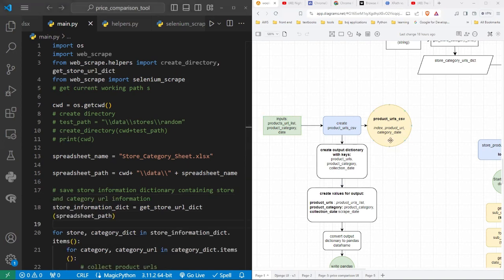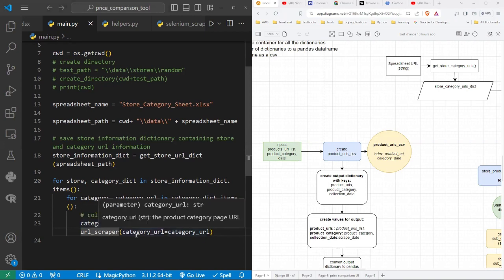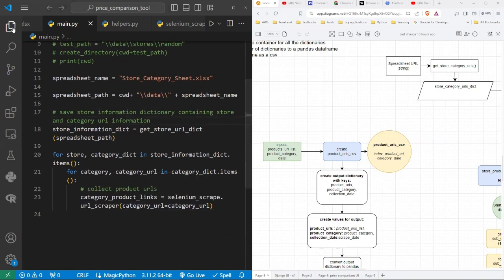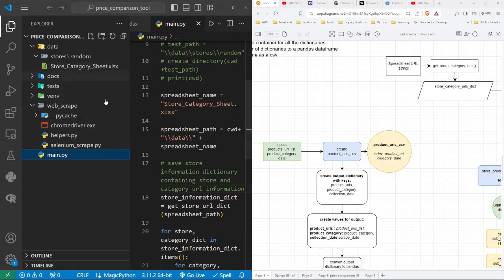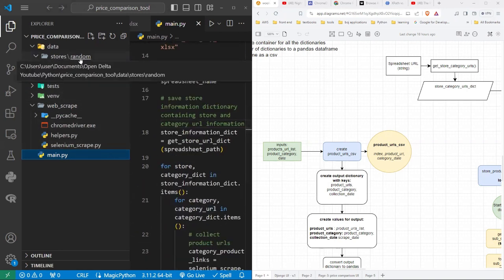Great. So where we left off was the scraper, right? We used the Selenium scraping function that we created to get all the product URLs. I showed you a demonstration of how it works. So now we're going to continue building this. What we want to do is actually store the information that we collect from the websites into our